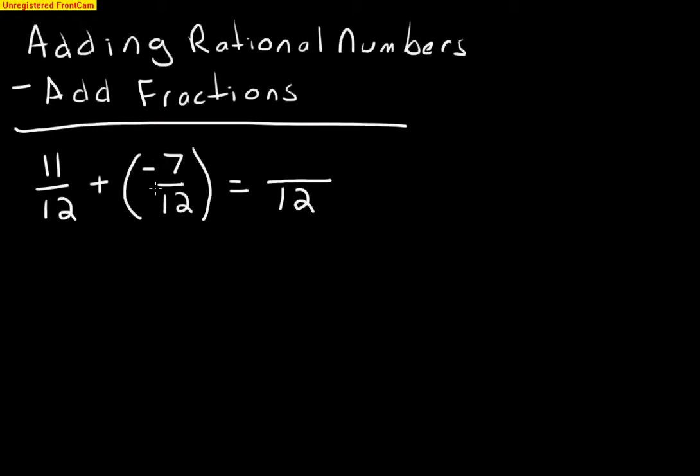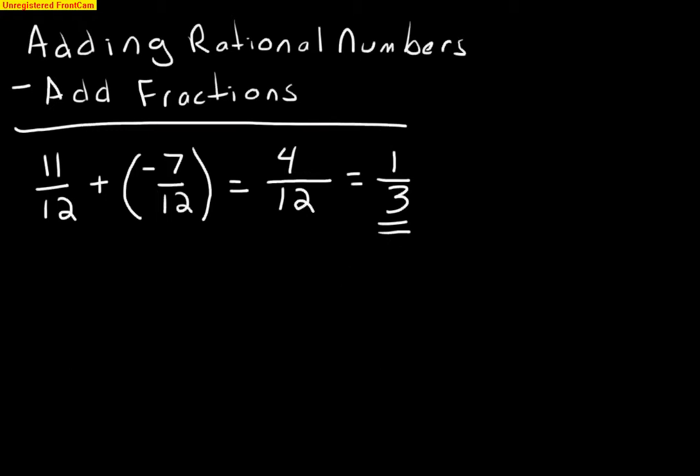So what you do is, even though we're adding, because one's positive and one's negative, you end up subtracting those. So we're going to get a 4, and then we're going to look at which one's larger, the 7 or the 11. And because the 11 is larger, we're going to use its sign, and its sign is positive, so we leave that 4 as a positive. So we have 4 over 12. Now the 4 over 12 is not reduced yet. So looking at that, this one looks pretty simple. I know that 4 fits into itself one time, and 4 fits into 12 3 times. So our reduced fraction is